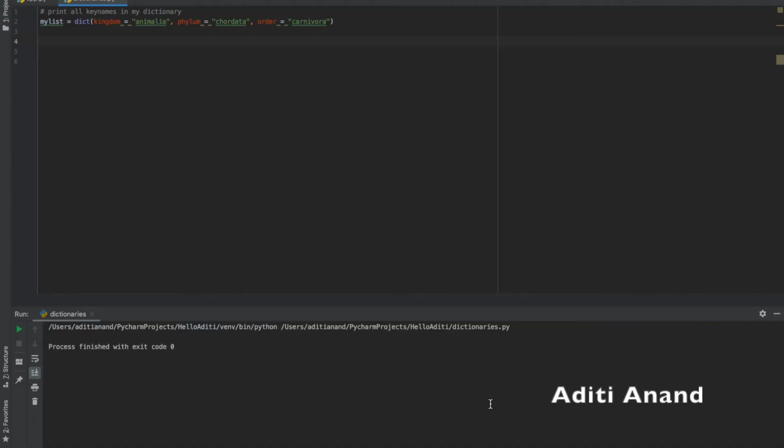For my dictionary, I want to retrieve the names of the key names, the names of our headings in our taxonomy. So to do this, I'm going to say for x in the name of our dictionary, which is my list. The reason why I'm putting x is because it's a variable for key names. So for space x, space in, space the name of our dictionary, which is my list,